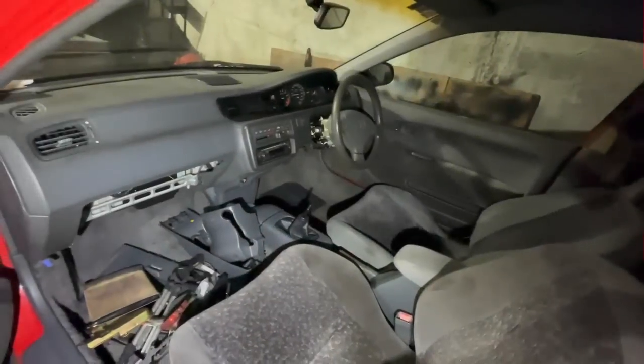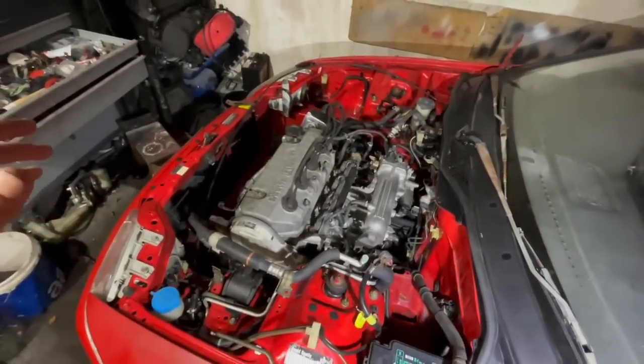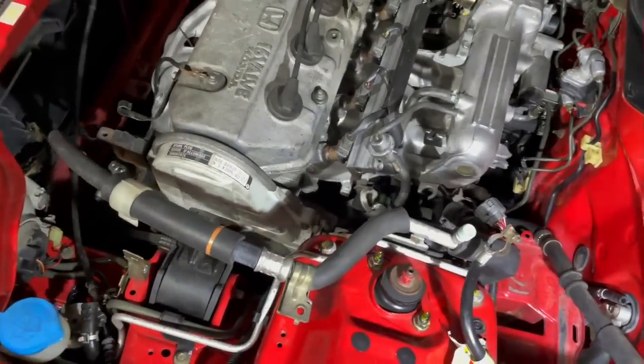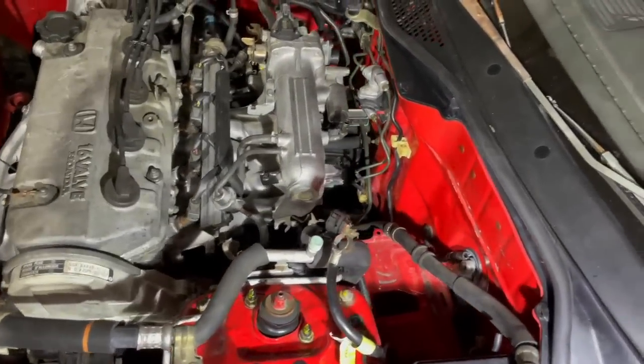We got the majority of the interior back in here, which is really awesome, and it's huge progress. Now we're basically moving on to the engine. We just took the engine out and plunked it back in, and now it's just bolted in with the engine mounts. So basically we have to hook everything up: axles, exhaust,